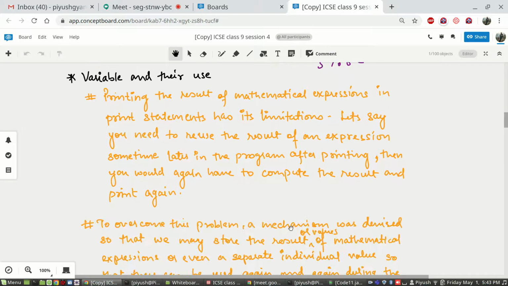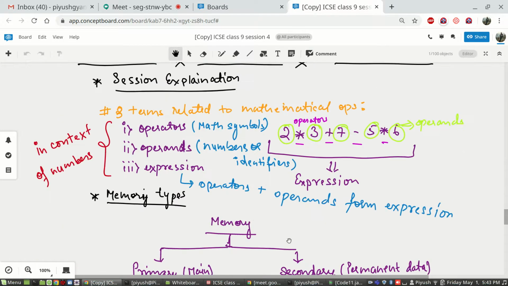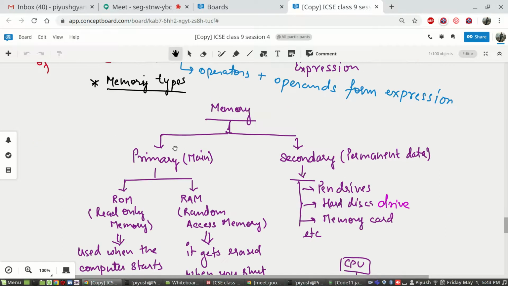Next we discussed various types of memories in your computer, and in that process we extensively discussed that memory is divided into two types: primary memory or the main memory, and secondary memory.